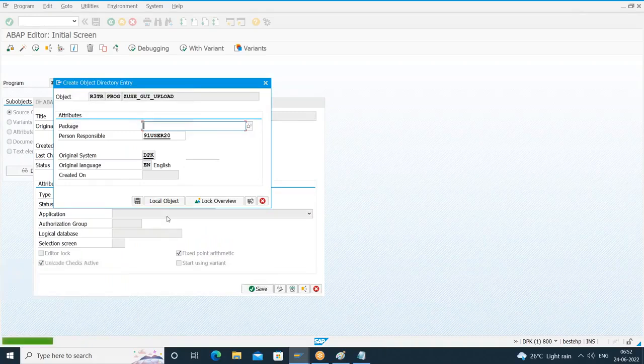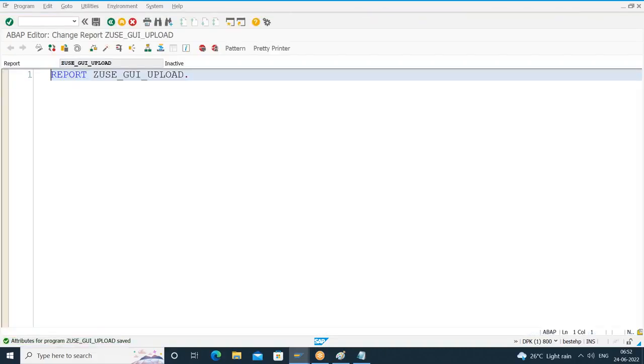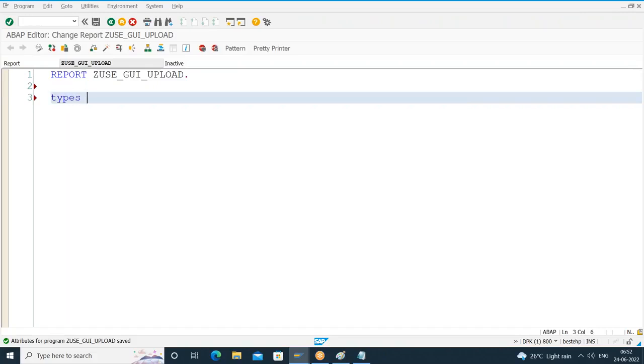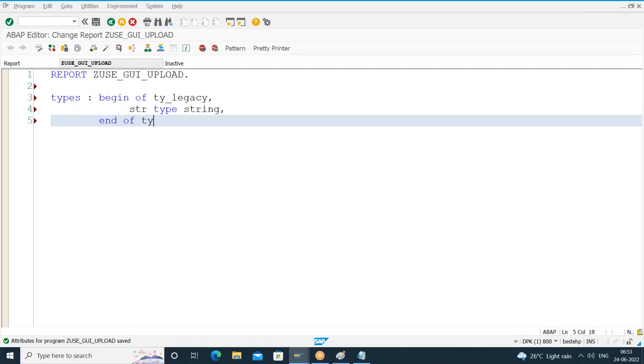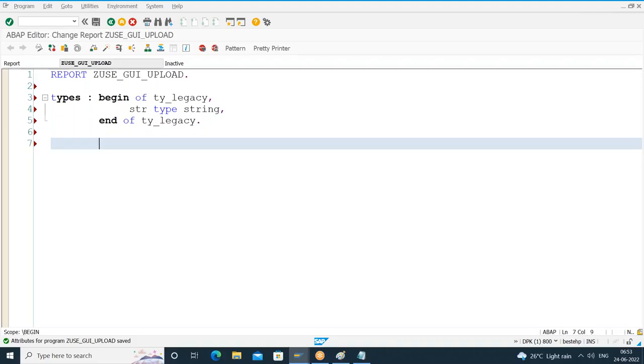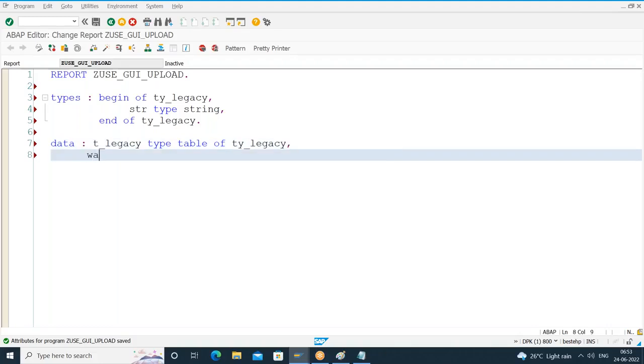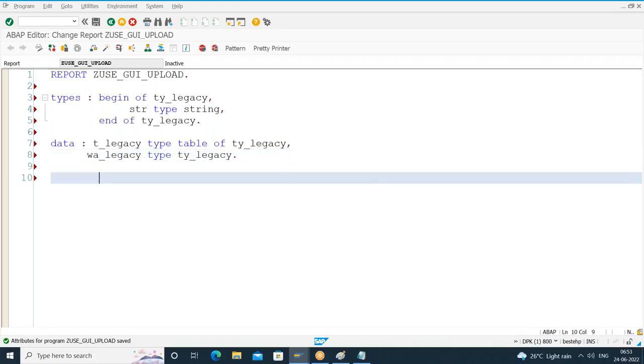Yeah, type of program is executable program. So we have done the enhancement of the function module GUI_UPLOAD. Let us try to pass the value for the additional parameter. So I'll declare one internal table here, str TYPE string, END OF ty_legacy. Then I'll say DATA t_legacy TYPE TABLE OF ty_legacy, and w_legacy TYPE ty_legacy. I'll call the function module